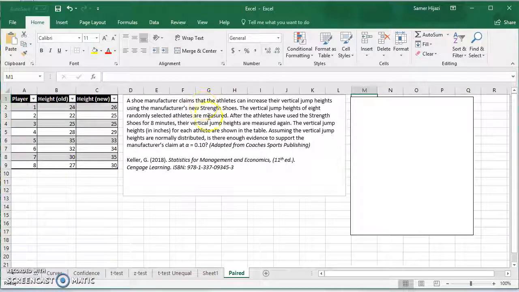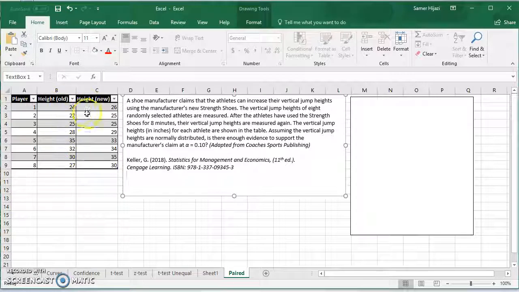Now, the manufacturer claiming what? That using the shoes, they will increase, so the new height will be higher than the old height. It's very important when we're doing a paired sample test to know which one we're going to take as the before, which one is the after. Since this is the old and this is the new, if we take this the before and this is the after, then the difference between them will be negative. If we take it the other way around, then the difference will be positive, and that will affect our hypothesis and the claim. So for this example, we're going to take this is the before and this is the after,